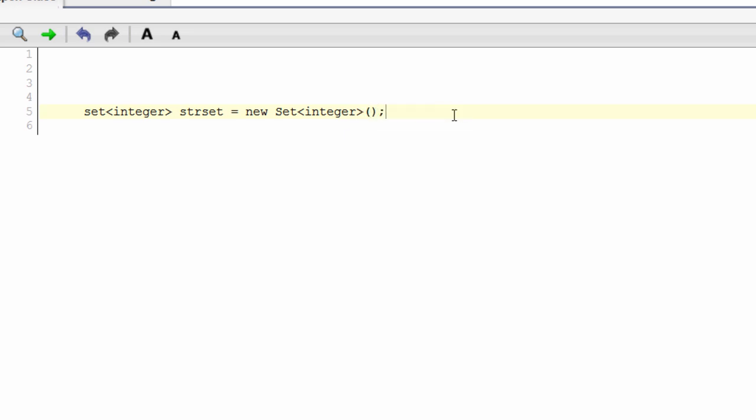Okay, and then later on you can add str set dot add 1. Okay, str set dot add 25, whatever it is. Or you can have a set of, let's say, id